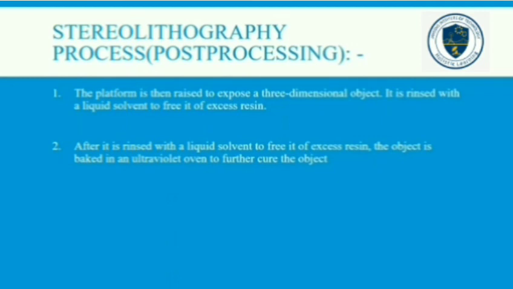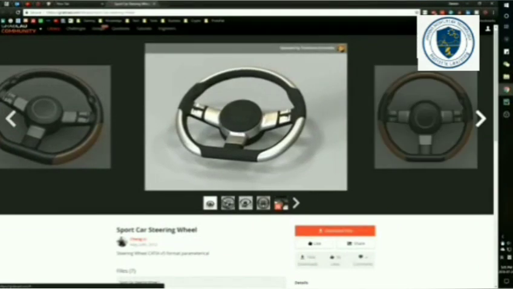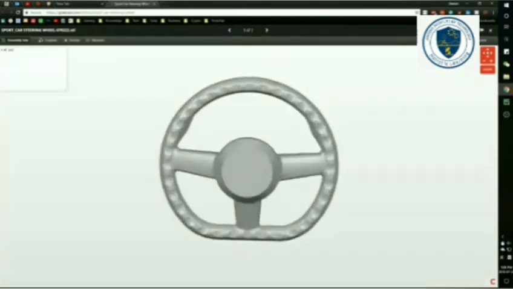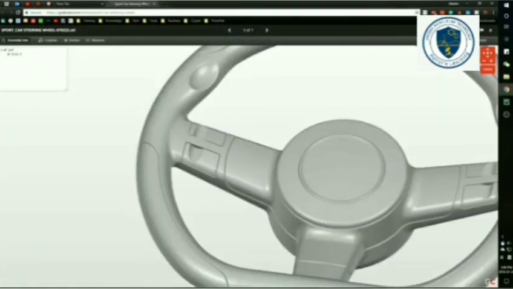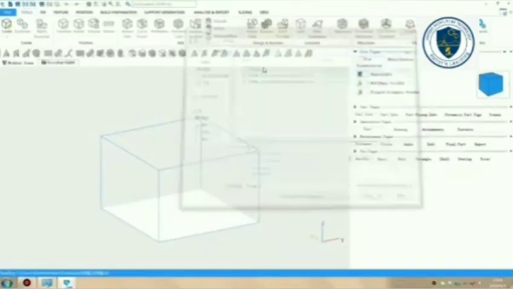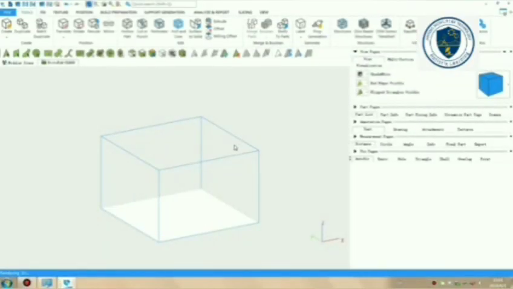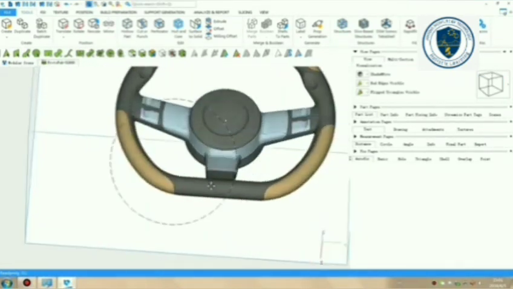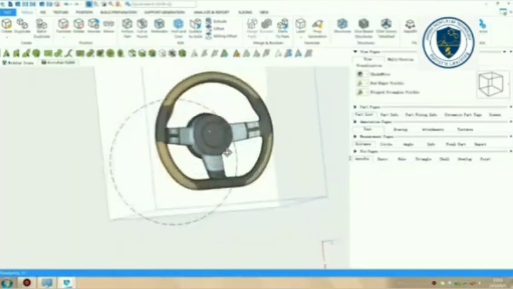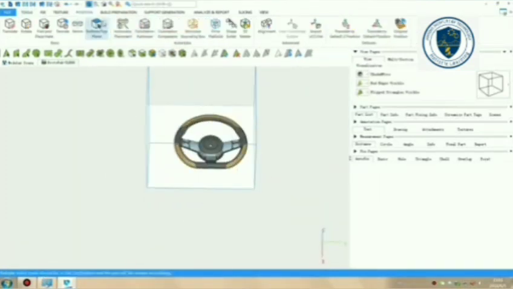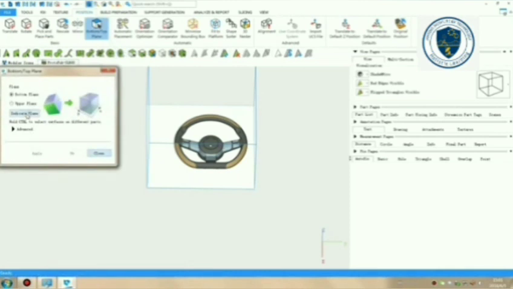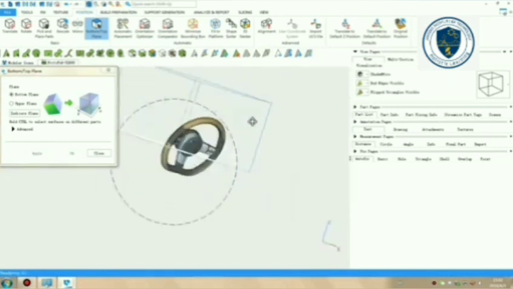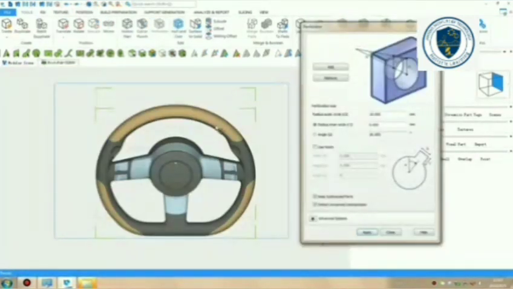Next we move to applications of SLA. It is a wonderful example to explain about stereolithography process. The car steering wheel is first designed with the help of CAD softwares like AutoCAD, Pro E or CATIA. After that it moves into Cura software. Here the designers need to complete 3 tasks in Cura software or other 3D printing softwares. Here first task is part orientation and second one is support structure creation, third one is slicing. These 3 tasks are very important to create any object.